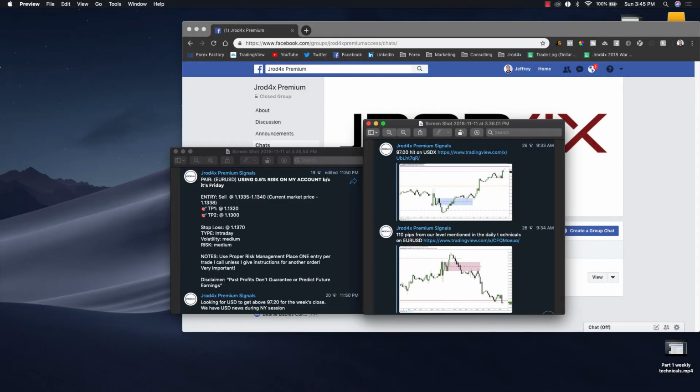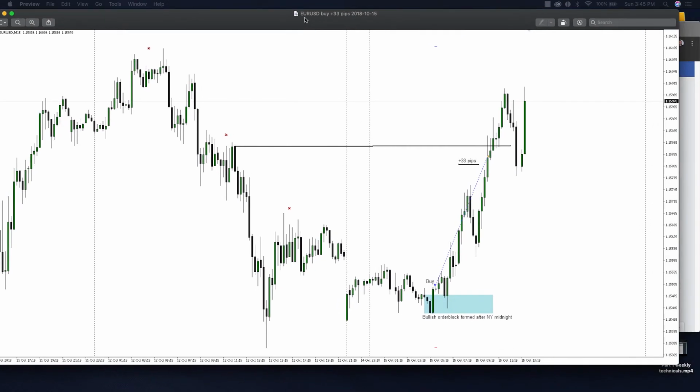Okay, so that was one example there, and we've got another one here, which was a Euro USD, so this was the same day. So as you can see, that was one trade on GBP USD plus 35 pips. And then here we've got a Euro USD trade that is plus 33 pips, so about 70 pips in the day off of this. And basically similar scenario, we gapped down for the week, and we had an ICT bullish order block that formed here, and I entered on the retest of that, and I was targeting the run above these highs. And I always enter a few pips early just to be safe